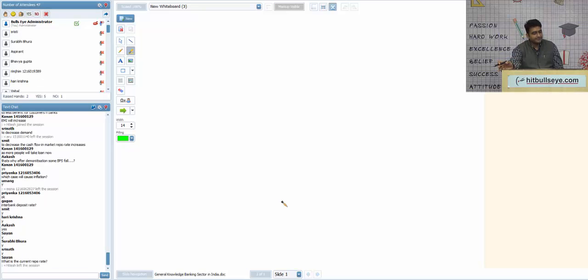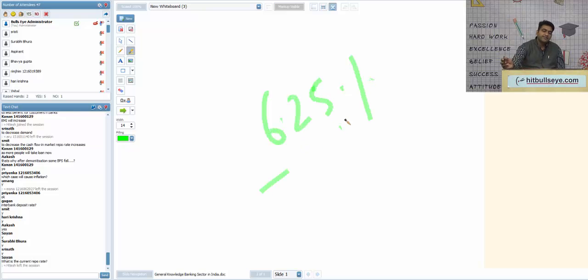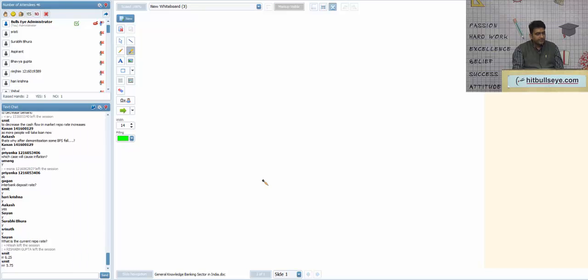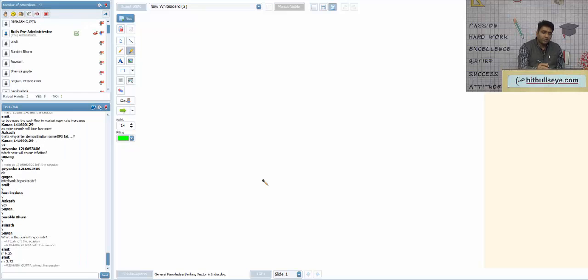interest to banks. Current repo rate, please check it on the RBI website, but I guess it's 6.25 or 6.5, but check it. Yes, it's 6.25. Fine, thanks Smith, thanks. Reverse repo rate by default is 0.50 less than your repo rate. Alright, now last topic of the day class, we will discuss